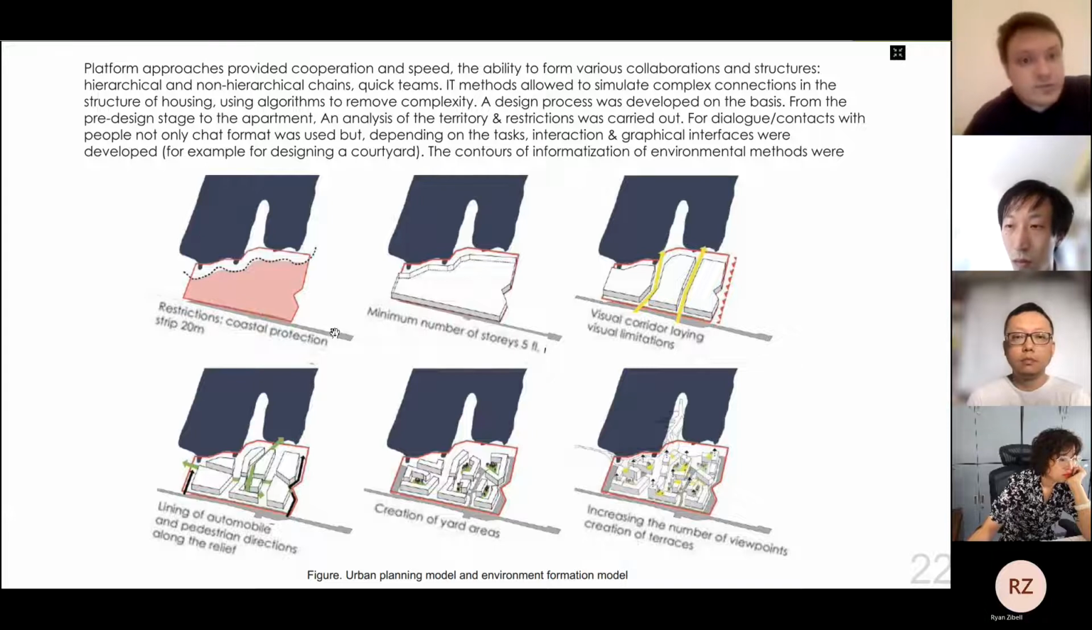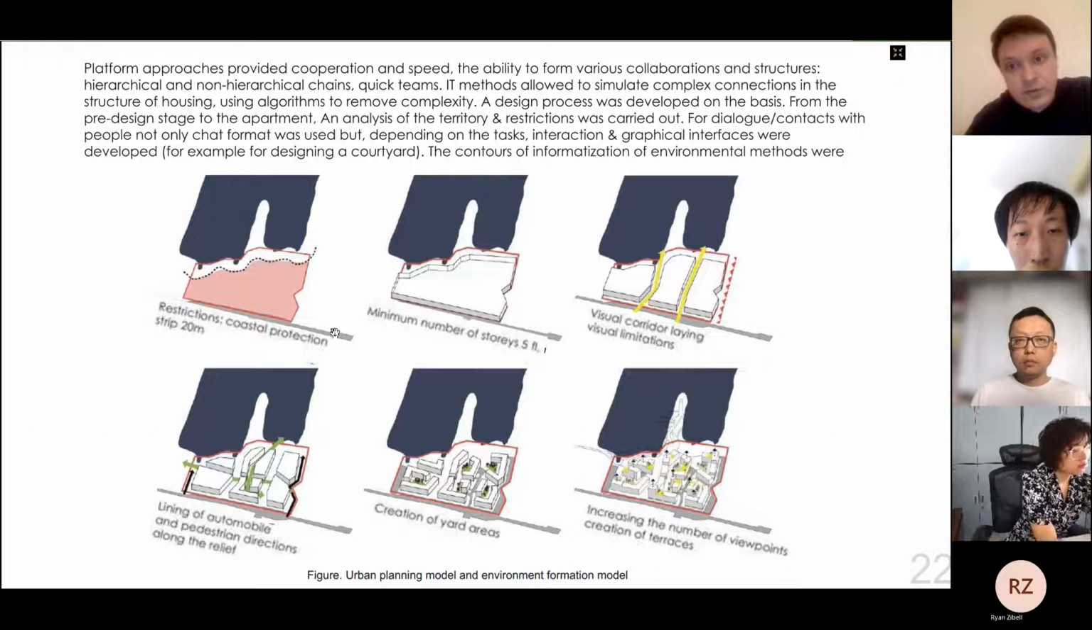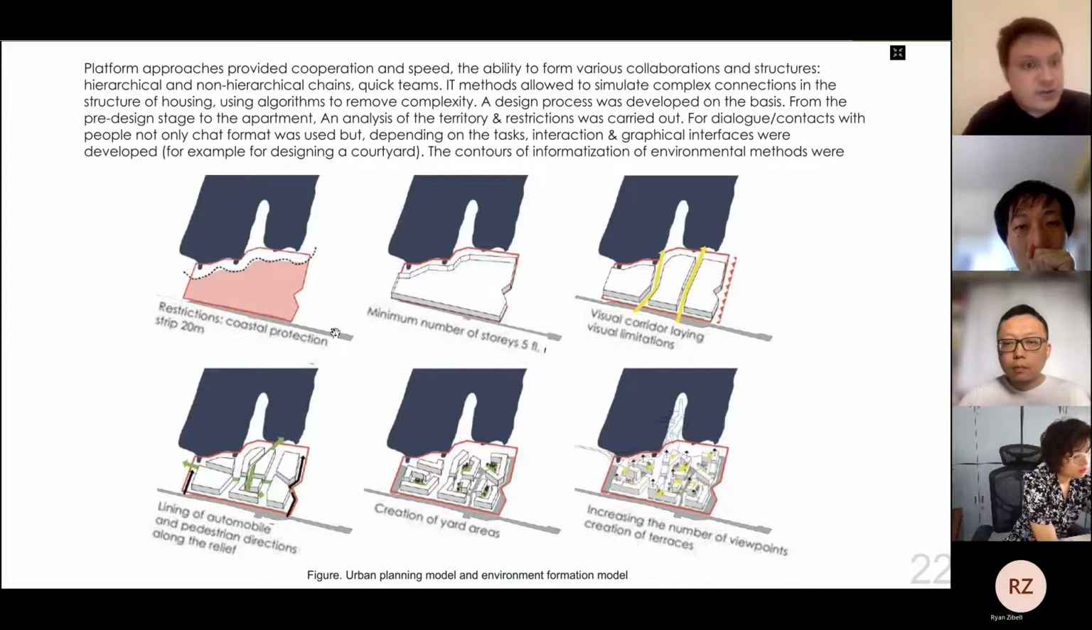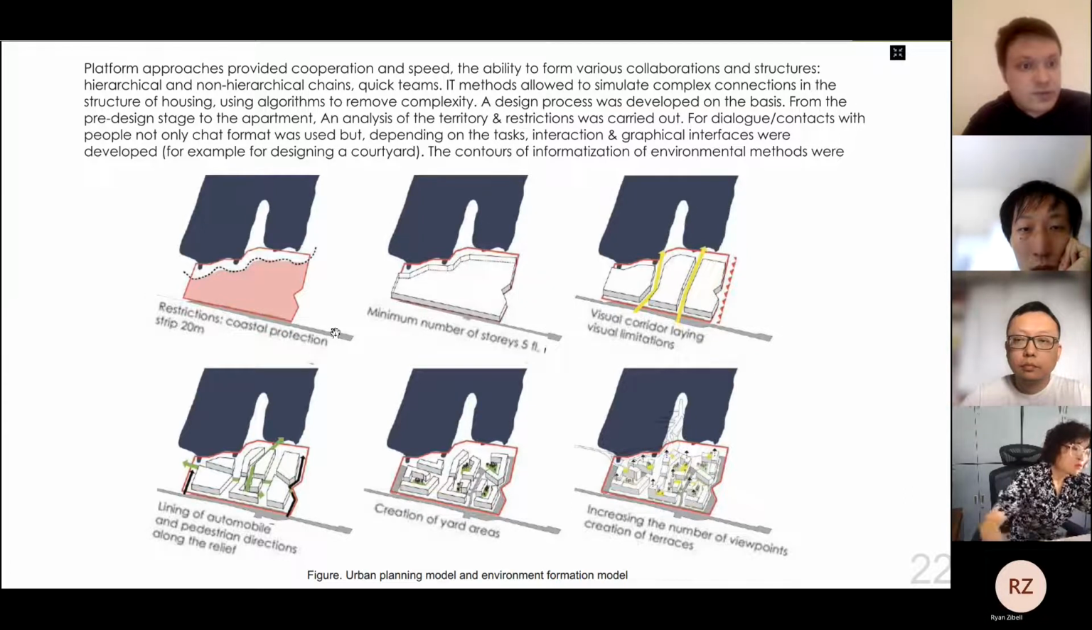Network and platform approaches provided cooperation and speed, the ability to form various collaborations and structures. And IT methods that we used allowed us to simulate complex connections in the structure of housing, using algorithms to remove complexity. A design process was developed on this basis, from the pre-design stage to the apartment, an analysis of territory and restrictions, etc. And the dialogue context with people